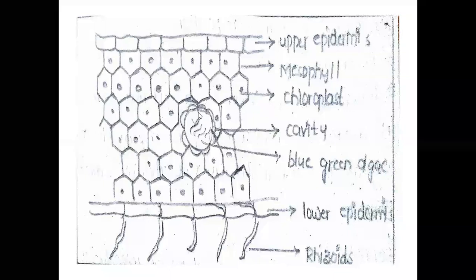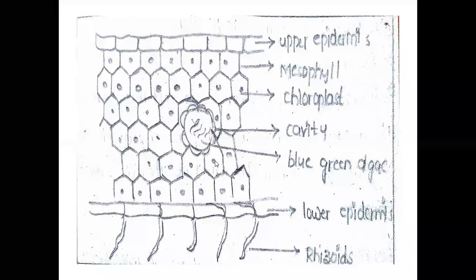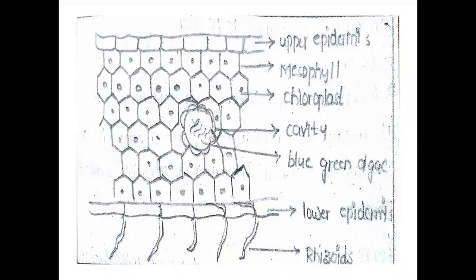In this mesophyll, cavity-like structures are present. Those cavities are occupied by blue-green algae, like Nostoc. Blue-green algae are present in the cavity and are actively in symbiosis with the gametophytic thallus. The thallus needs nitrogen, and the nitrogen is supplied by the blue-green algae. The blue-green algae need food material, and the food material is supplied by the thallus. So this type of living position is called symbiosis. It is the thallus TS of Anthoceros.